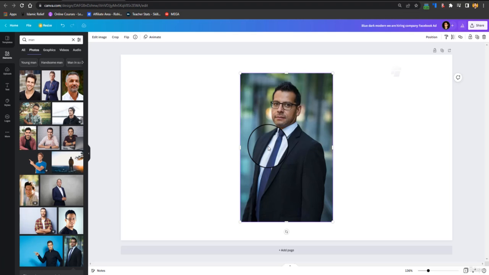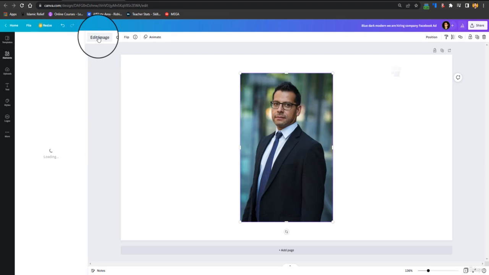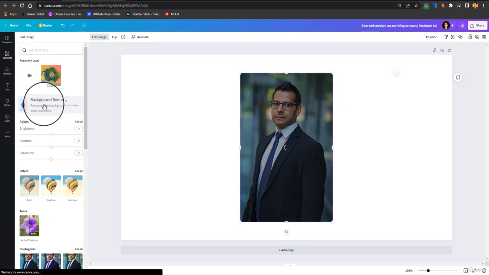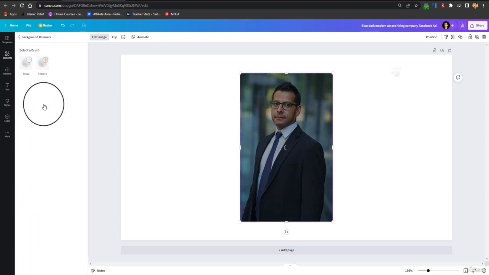With the basic version, you can never remove the background of a picture using Canva. But Canva Pro allows you to remove the background of the picture. Here you can see a background remover. Just click on this background remover and it would automatically remove the background of the picture, and it would provide